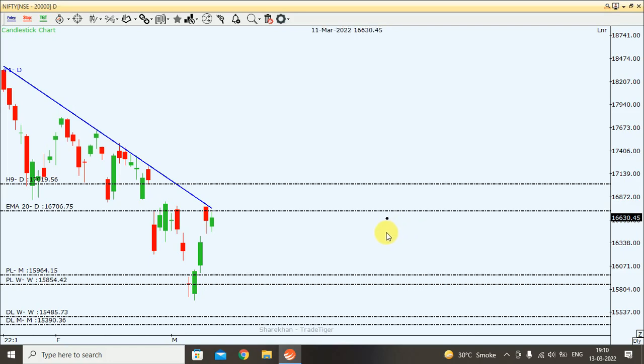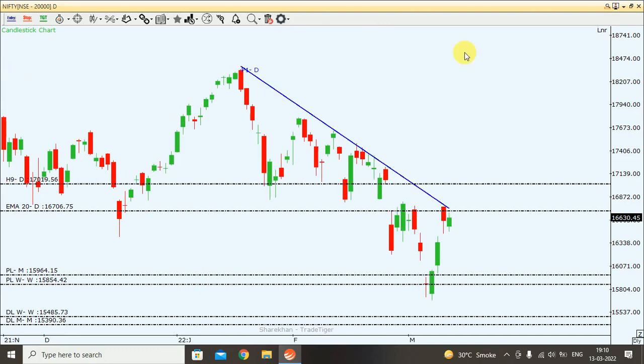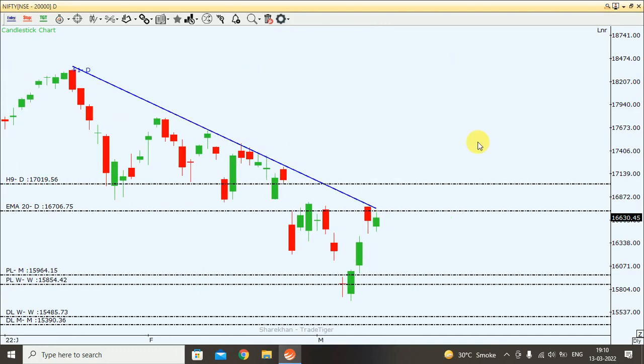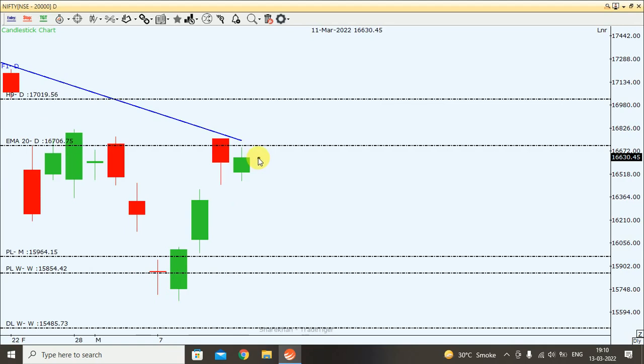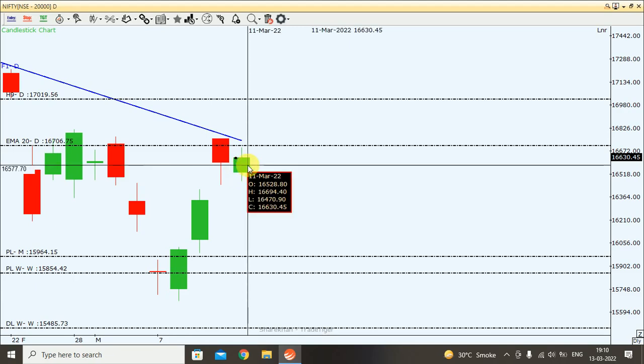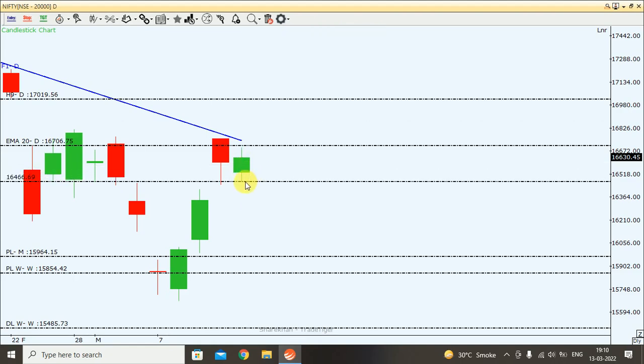Hello friends, we can see on the chart Nifty, right? So this is a Nifty chart where you can see Nifty on Friday. What it has done is it has created an indecisive candle, right? So on the Friday it has created a low of 16,470 and a high of almost 16,700. So if I mark the lines, this is the low of the Friday, which is 16,470 approximately, and this is